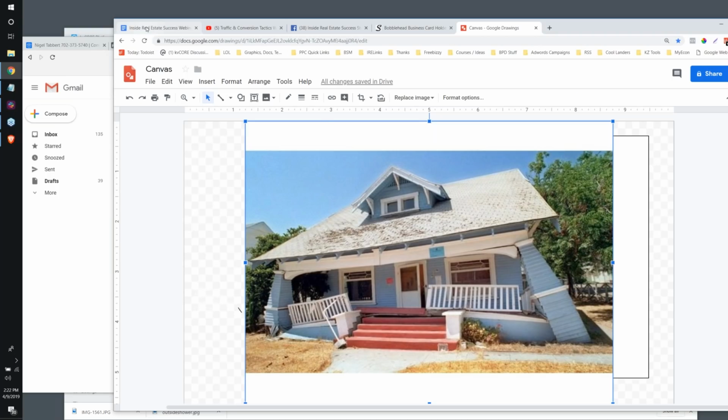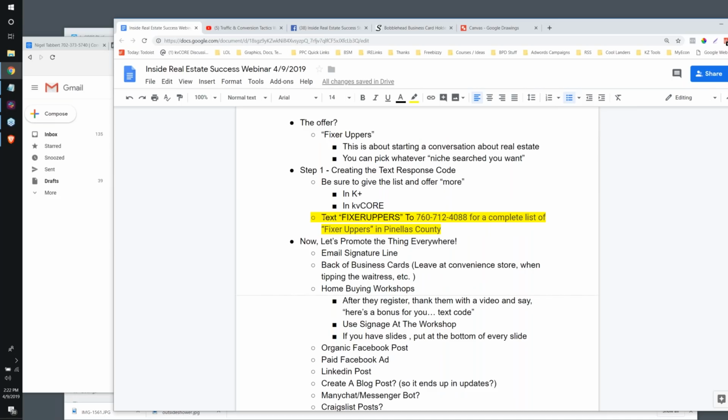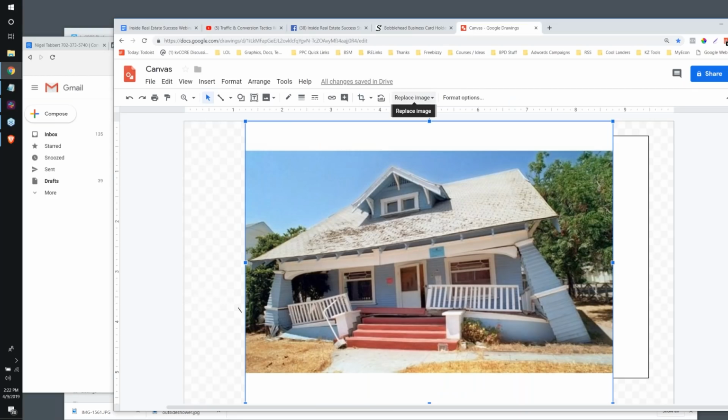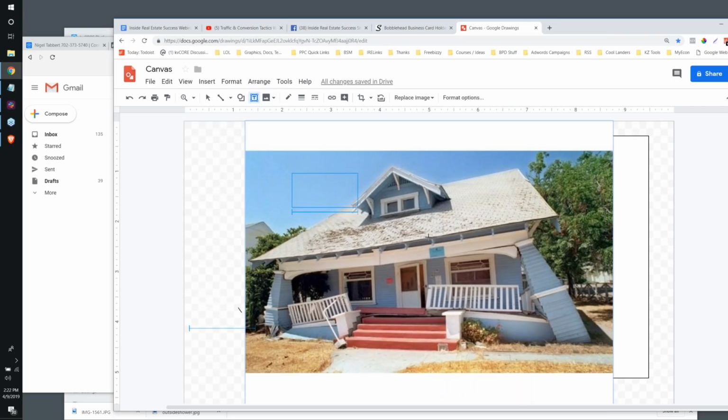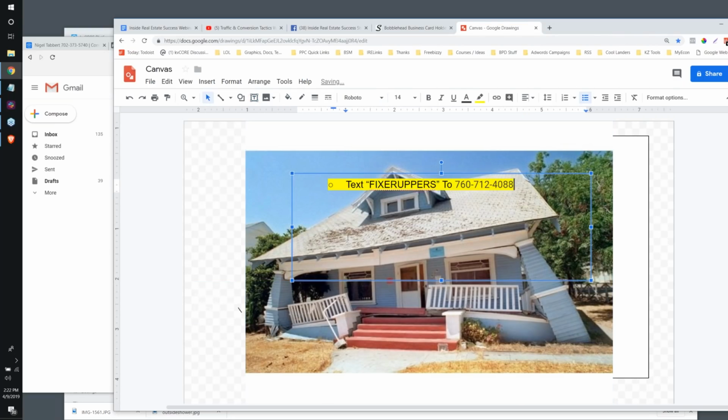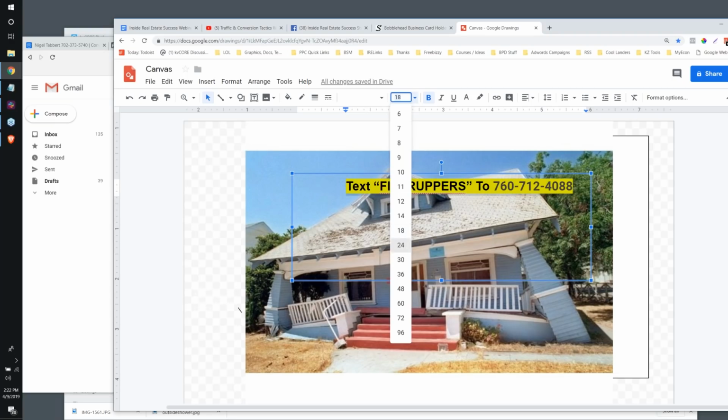But what I'm going to do is I'm going to go get my message. Like this. I'm going to insert a text box right here. And I'll paste that. And it kind of carried the highlighting over for me, which is nice. But I could also have set that up here, up at the top in my image. So I'm just going to make it a little bigger,